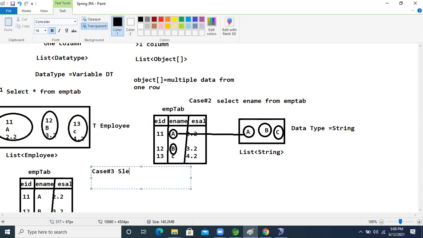So, Ravi, you have written only one column. Where am I returning one column now? One column, list object, the list object above.